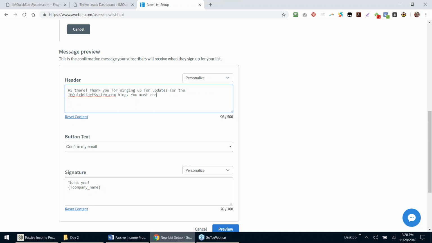You must click on the link below to confirm your email, or you will never get updates when new